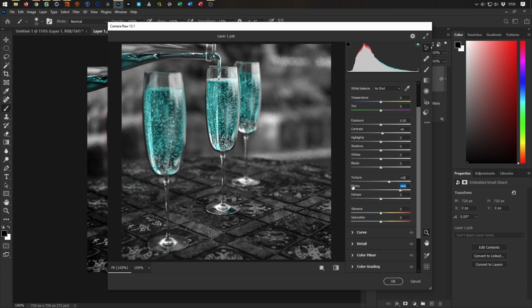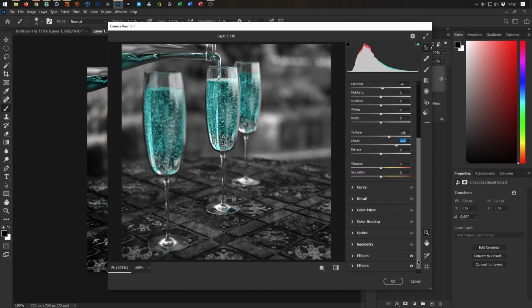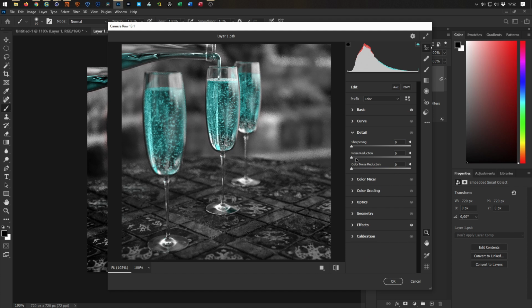The clarity a little bit, something like that. Because we have a very grainy thing here. But here we could do the same with the detail here, with the noise reduction, and brush it out where I did it. You see,